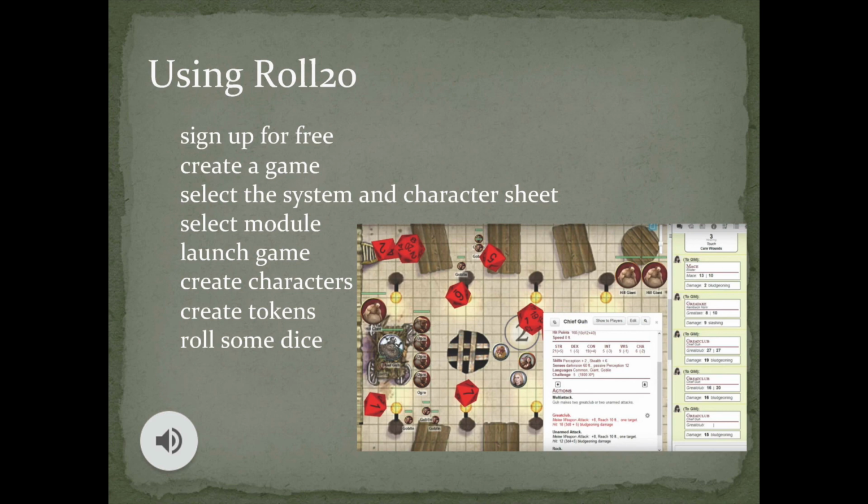But you can also create a second game just to mess around and learn the features of Roll20 a little bit first. To that end, there are many online tutorials on YouTube that I would recommend looking up just to get a better grasp on the site's many features. If you opt to select a module, that's good. If not, you can simply go directly to Launch Game. This will take you to the virtual tabletop. Once on the tabletop, you will see a blank gridded screen and a sidebar. The sidebar is where most of your tools are.